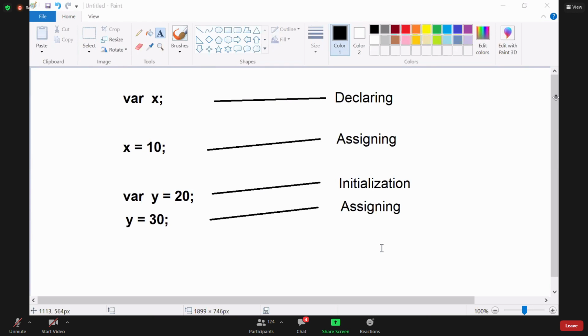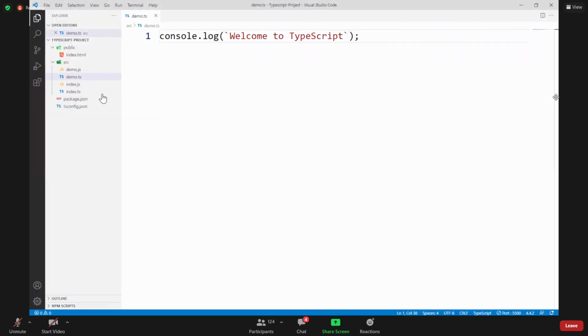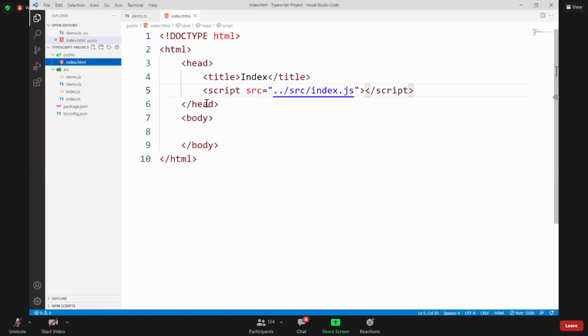And an interesting point is, in JavaScript, declaring a variable is not mandatory if it is not in strict mode. Without declaring, you can directly assign some value and use it. I will show you in JavaScript.